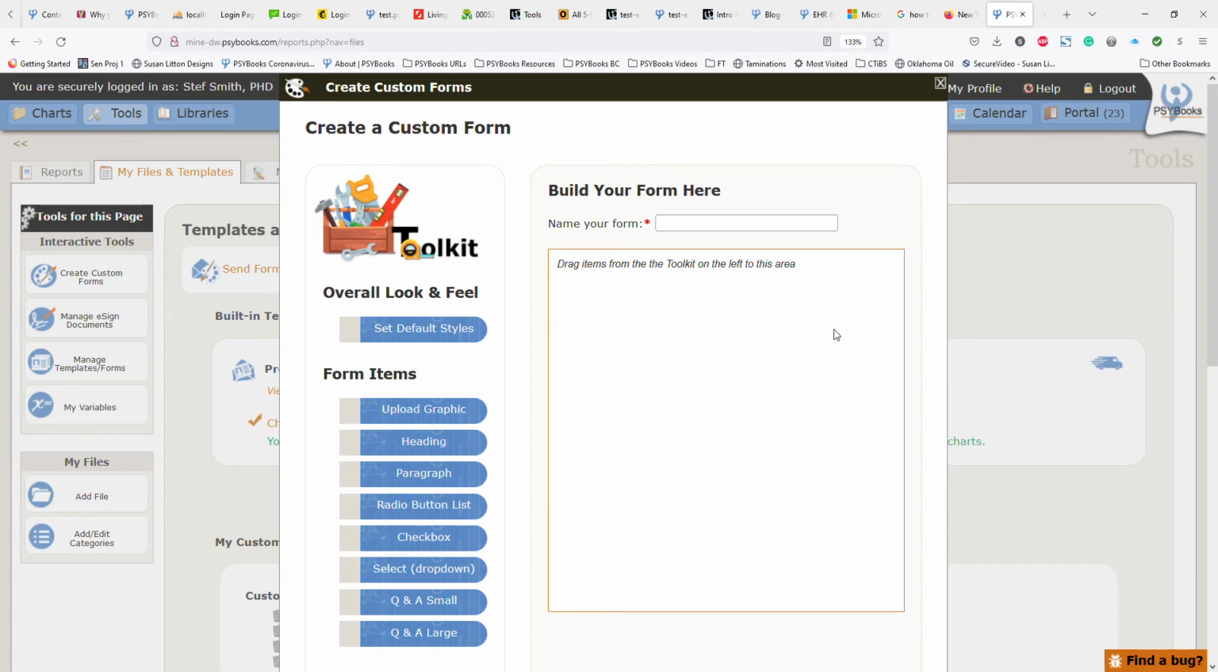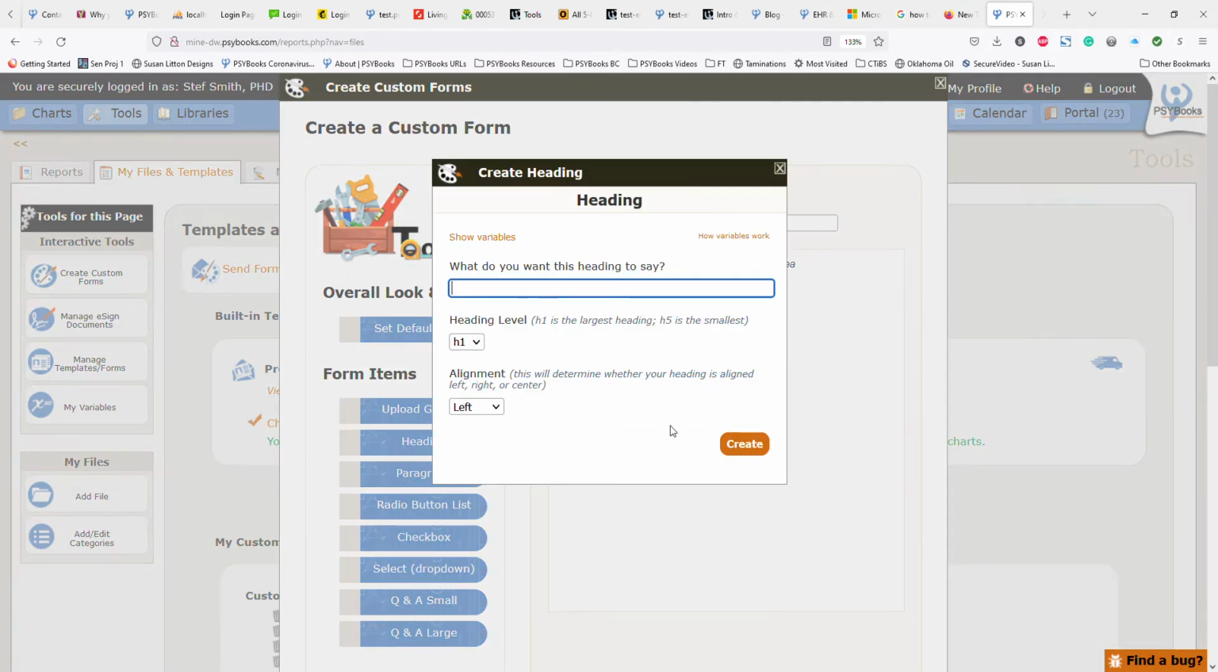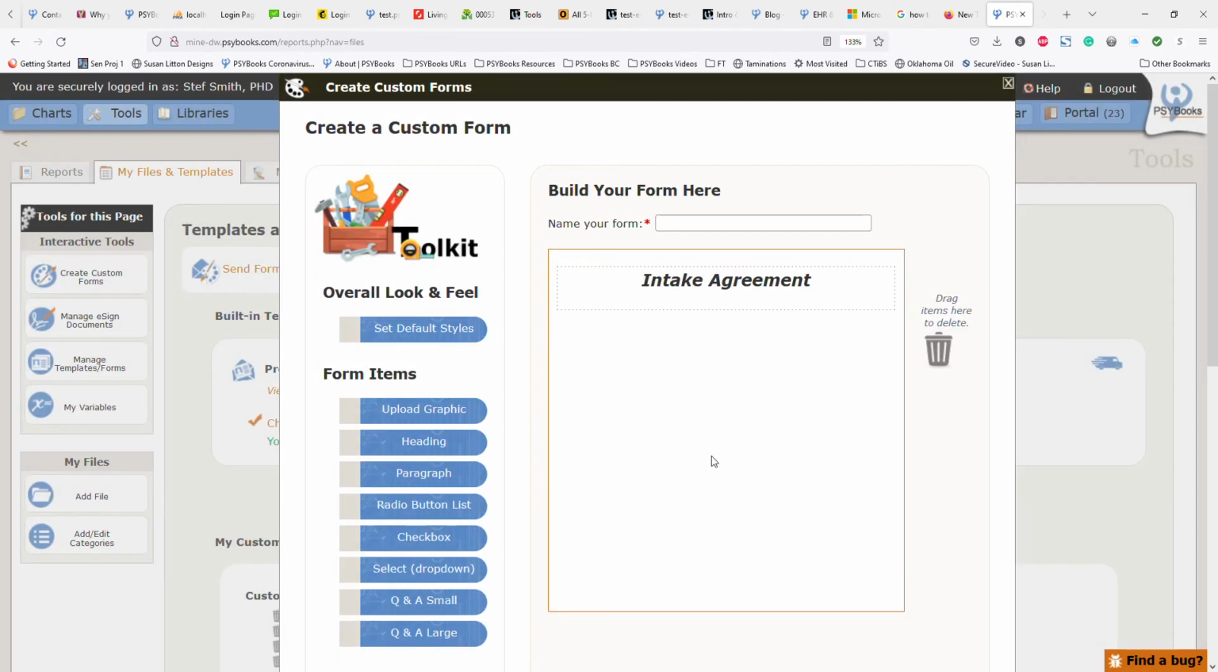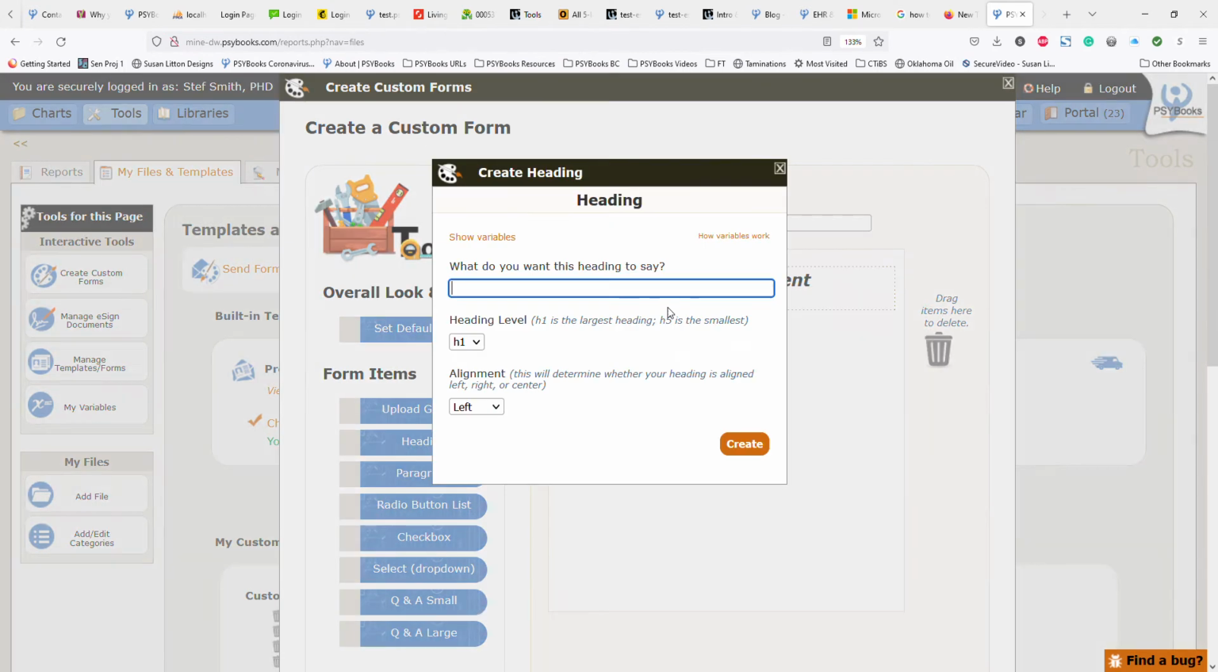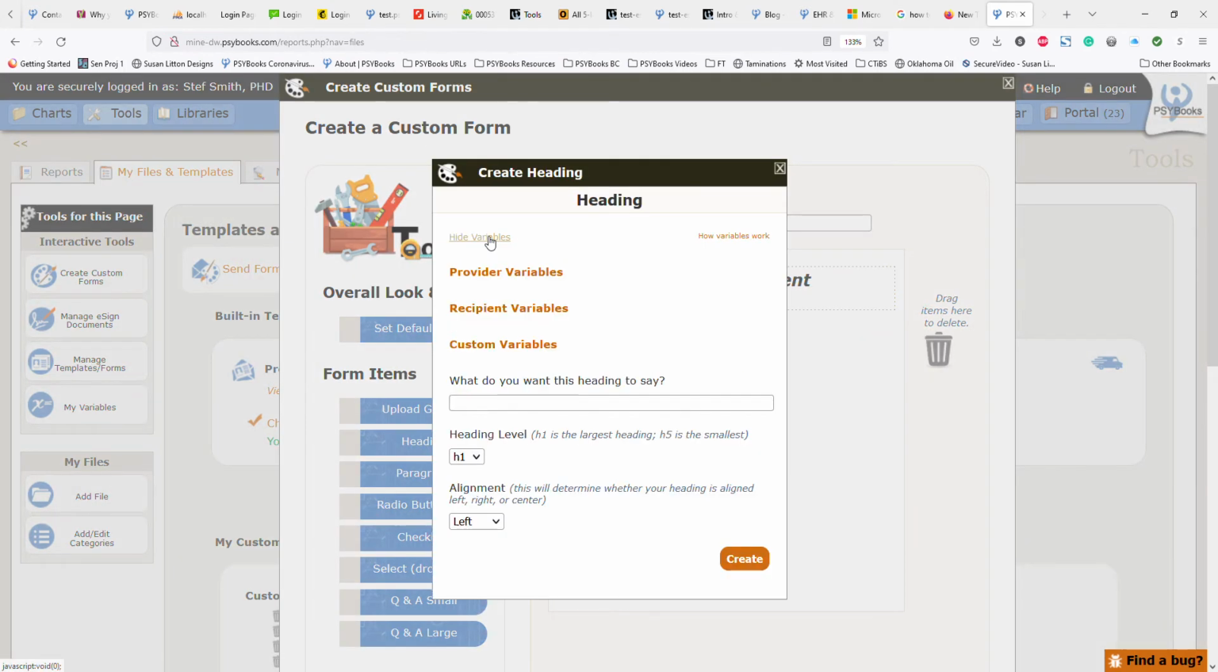So what we're going to do is build a standard intake kind of form. So I'll drag a heading over first and say intake agreement, and I'm going to put it in the center. And then I want another heading that has the therapist's name, and for that PSYBooks has variables that you can